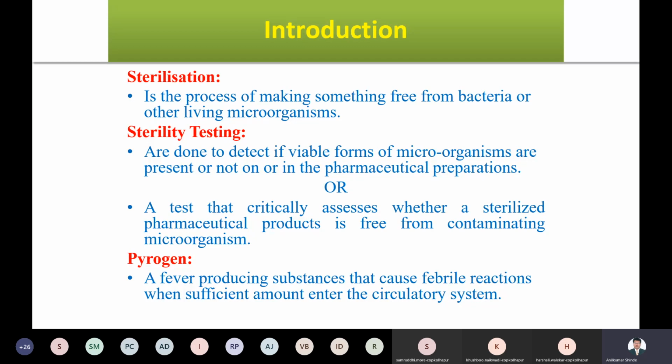So the basic aim of sterility testing is to avoid contamination during preparation. If you have prepared a formulation, we use the appropriate raw material, appropriate water, and appropriate substances to prepare a quality preparation, and that preparation must be free from bacteria, right? Suppose the raw material has bacteria, it will contaminate the product. Or maybe there is contamination in your water. So water should be pure, sterile water.